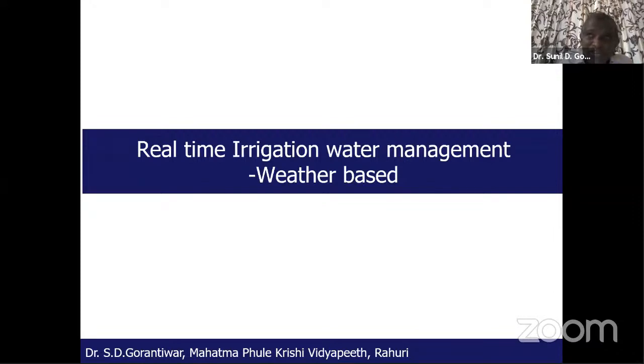In Maharashtra state of India, in this region where we are working, our average annual rainfall is 550 millimeter, and in 3 months we have received 1200 millimeter rainfall. So every year is different, and it deviates too much from the average year. So we need not depend on the average data as well. So we need real time management. Real time management means